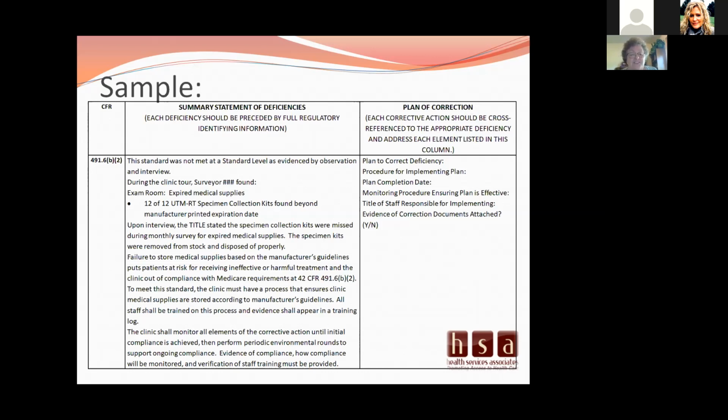All staff shall be trained on this process, and evidence shall appear in a training log. So when you read, this is why I say read it, because this is giving you the direction of correction and evidence to show that you fixed it. So when I read that paragraph, I'm going to be addressing how I'm fixing it. But then all staff shall be trained on this process, and evidence shall appear in a training log.